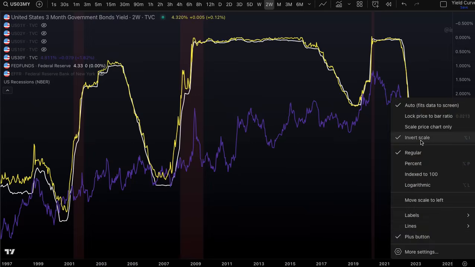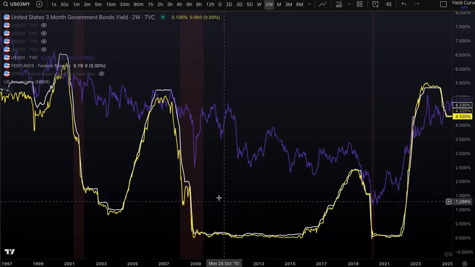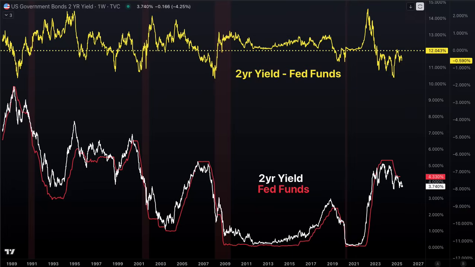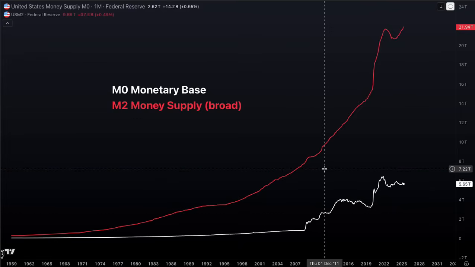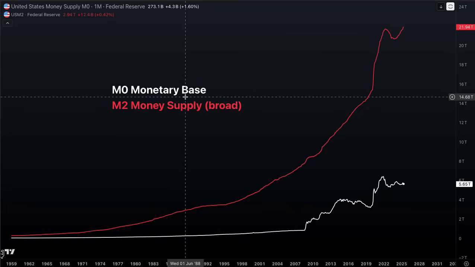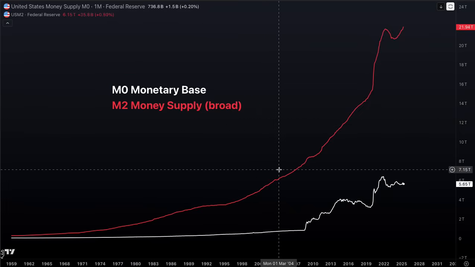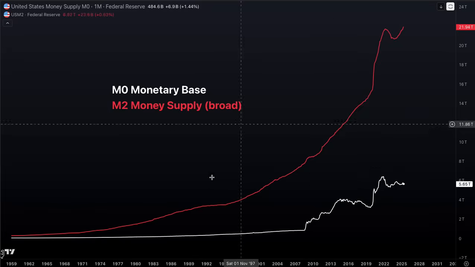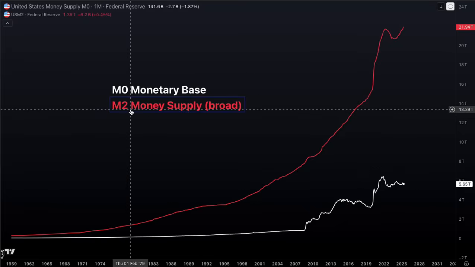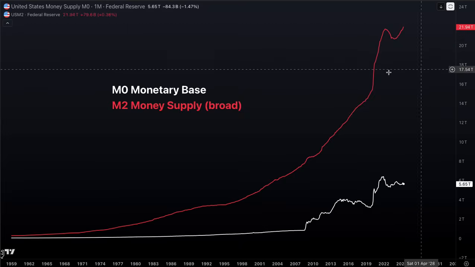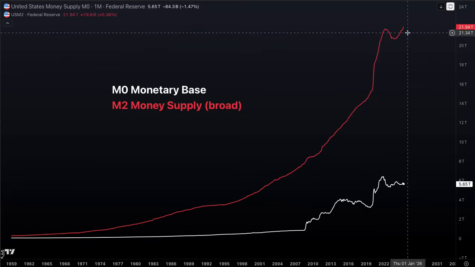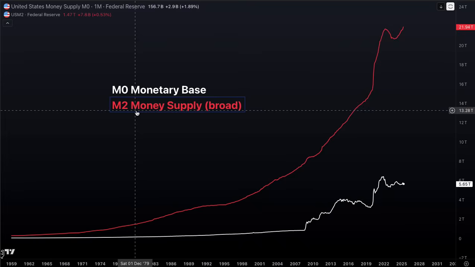So there is a degree to which this dynamic with the bond market can actually cause a recession. And this is what the commenter has been, I think, trying to get me to do a video on. So here, just to establish it very quickly, we have a levered system. We only have about 5.6 trillion in terms of the monetary base. But if you look at M2, which is a broader way to measure the money supply, it is like 4x levered. The system, even just the monetary base to M2.